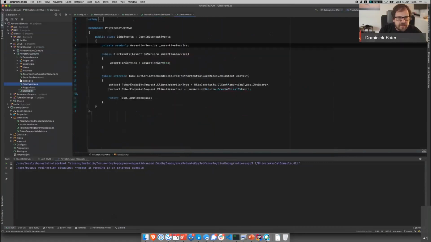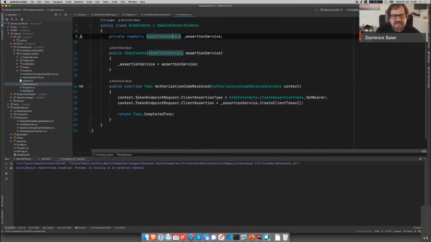And when we have a look at that, you can see that Microsoft kind of prepared for the scenario where you don't use a shared secret. They don't have a built-in implementation for doing all of the token creation and so on. But when you hook this event, authorization code received, that is happening after you receive the authorization code, but before you redeem the code and turn it back into a token. You see that on this context, they are passing in that there's a token endpoint request. Then you can set the client assertion type and the client assertion, and then this is used instead of a